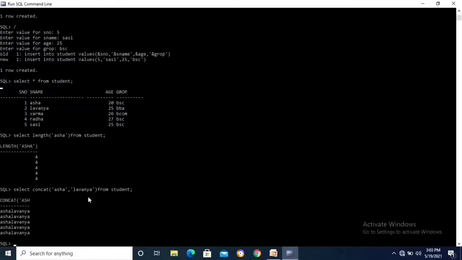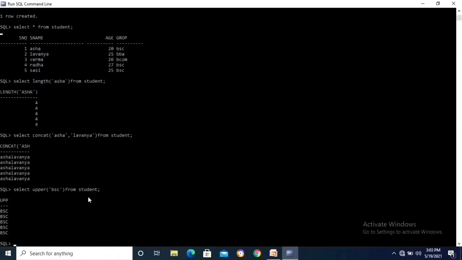Next function is upper. The upper function syntax is select upper of, I am taking BSc in small letters. From which table? Student table. Semicolon, enter. I am taking small letters bsc, and the upper function is used, so it is changed to capital letters.